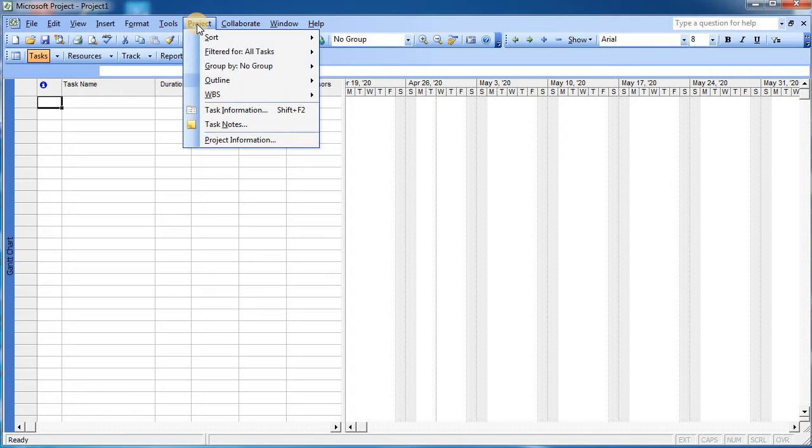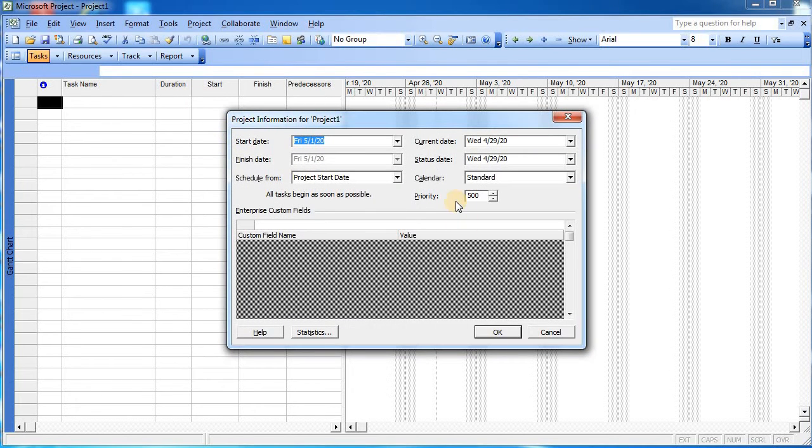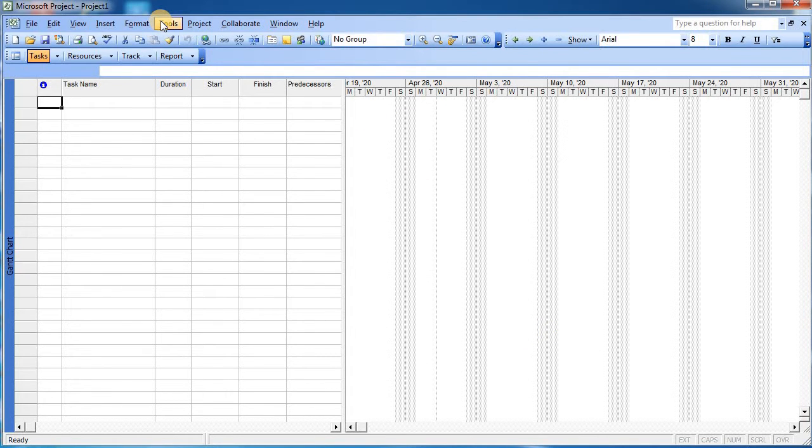You can see over here, we will go to the project tab, and then the details related to the project information. Once we click over here, we can see that for this particular project the assigned calendar is standard. There are 3 calendars: a 24 hours calendar, a night shift calendar, and standard. But these are the default calendars, and we need to create the calendar according to the organization's rules and regulations. So for that we will go to tools